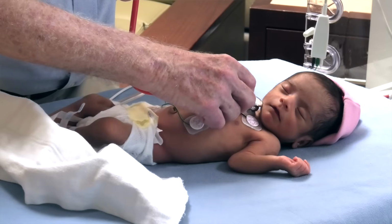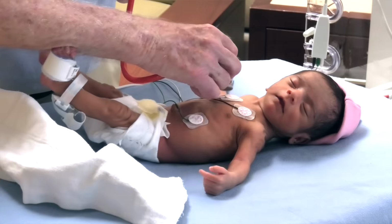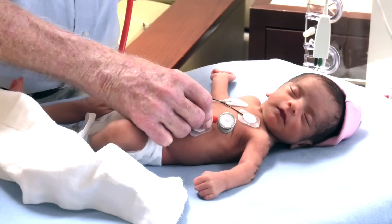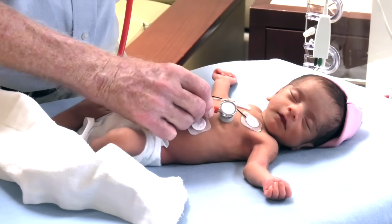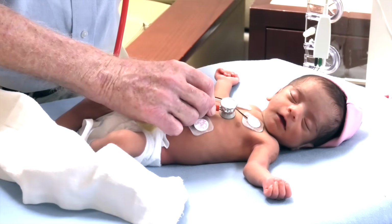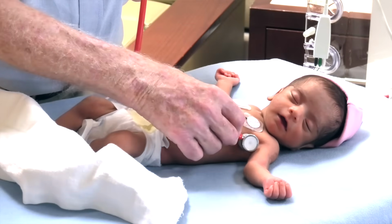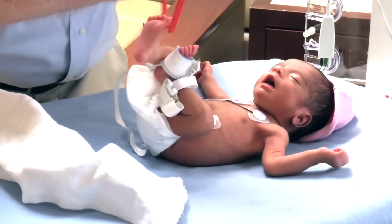most often on the left, occasionally on the right, and then listening to the axilla to see if there's any evidence of the murmur that can be heard in these locations. Listening for the first heart sound to make sure that there's no splits, and then listening carefully for the second heart sound to make sure there's not a split second sound or evidence of a rumble or a gallop. I carefully examine the axilla to make sure that air exchange is equal on both sides,